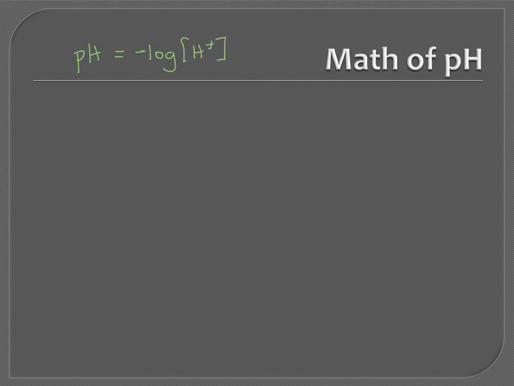So we take the negative log of the hydronium concentration. As an example, if our H plus concentration is equal to 1.0 times 10 to the negative fifth molarity, you plug this number into the equation within those brackets, and you get a pH of